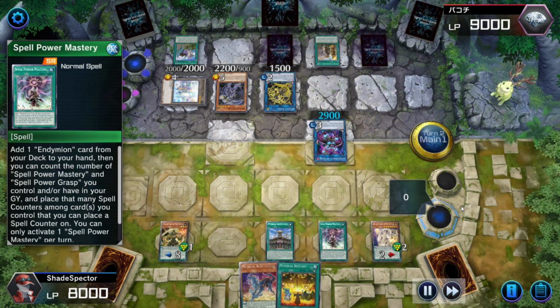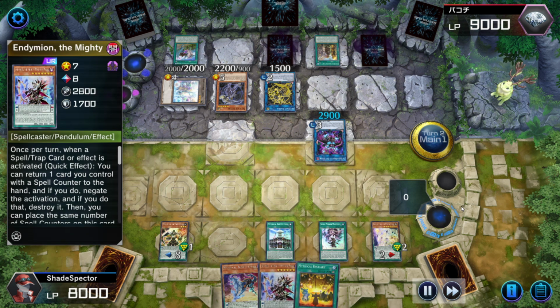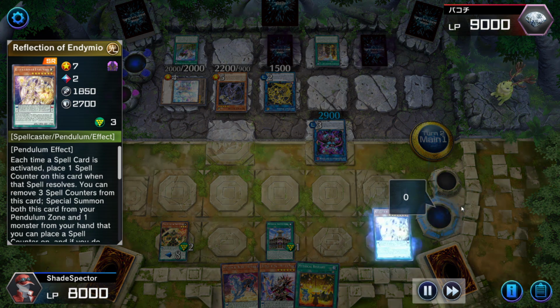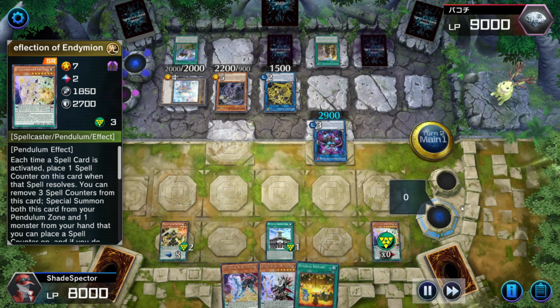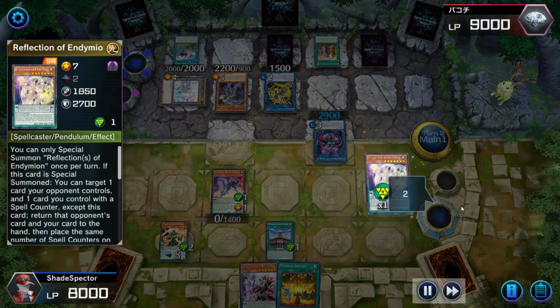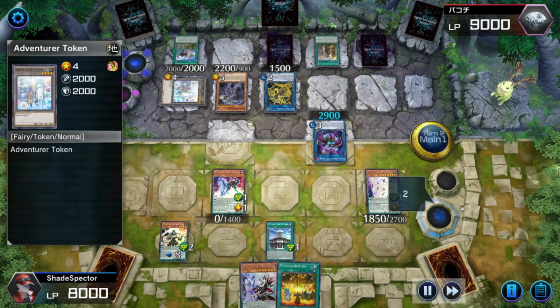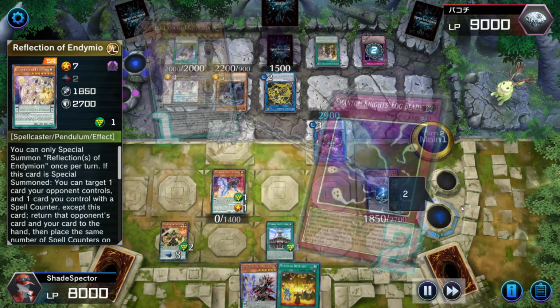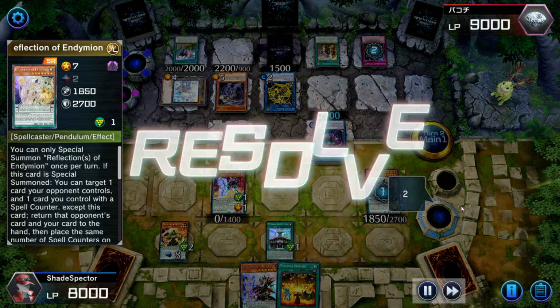The reason why I get Jackal on the field and in the hand is because I need to use Reflection's effect here in order to free up that Pendulum Scale. I'm going to use that effect right now and get that Jackal section. Now we can just use that effect to force out anything. We didn't really need to, but I wanted to get the chance to get Institution back in my hand for another usage of it. So she negates that,